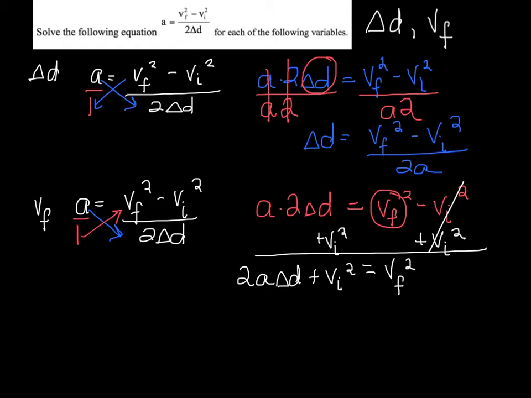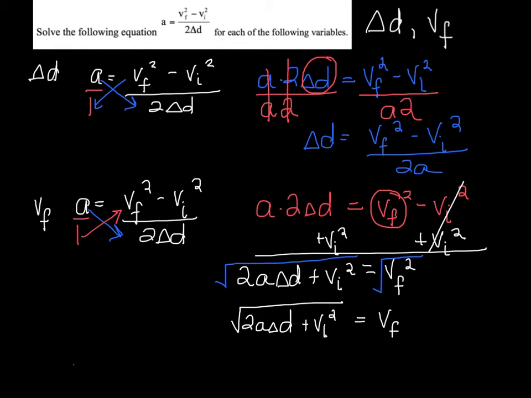Now the last thing is v sub f is not alone. It has this little squared guy on it. I don't want a squared, I'm solving for v sub f, not v sub f squared. So to separate the squared away, I do the opposite of squared, which is square root. So I'm going to take the square root of both sides, and I'm going to end up with the square root of 2a delta d plus v sub i squared equals